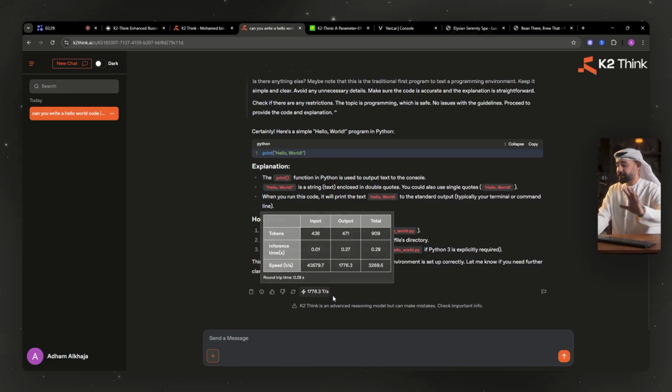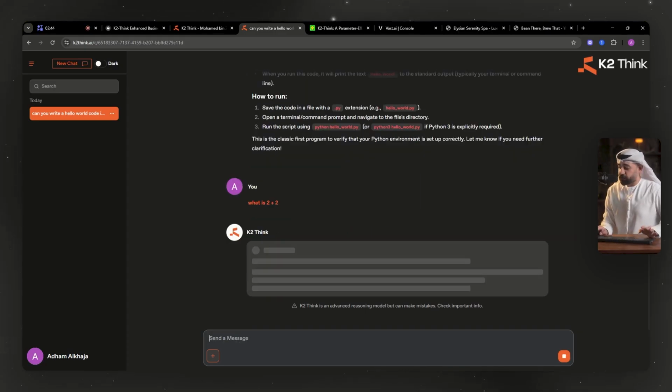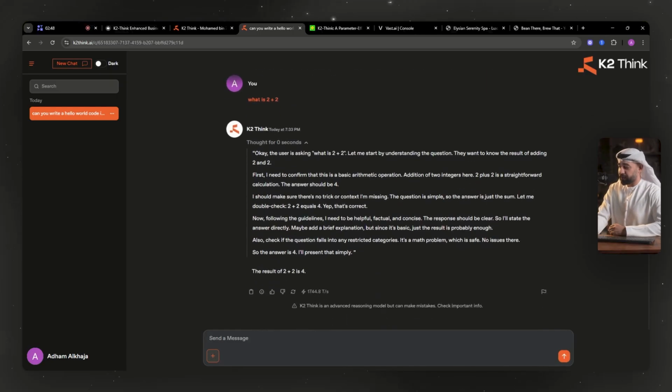And of course, it depends on your GPU and so on. For enterprise grade, they can get to this level, but if you're an individual, you can do what I've done over here, and you can see how you can set it up for yourself. And it's still really fast. I'm going to show you in a bit. So let's ask it, for example, what is 2 plus 2? Very simple, but you can see it just gives you an answer very quickly